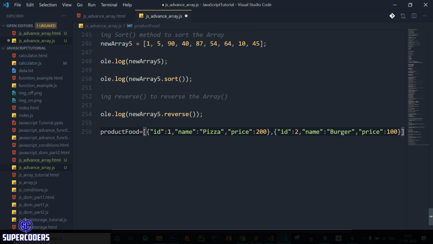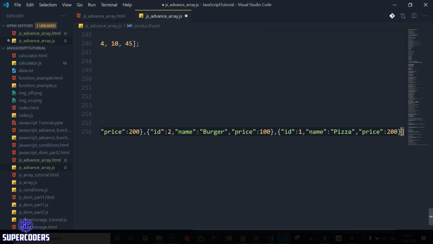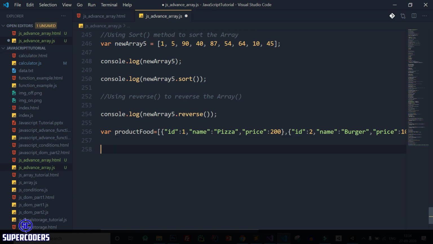After that next item, id 3, name is salad and price is 400. After that again comma, new object, change this id to 4 and name is fries and price is, let's make it 50 rupees. After that save this and let's print.